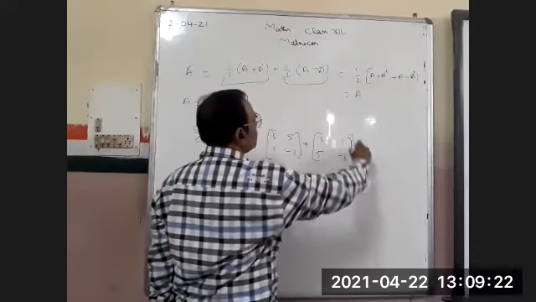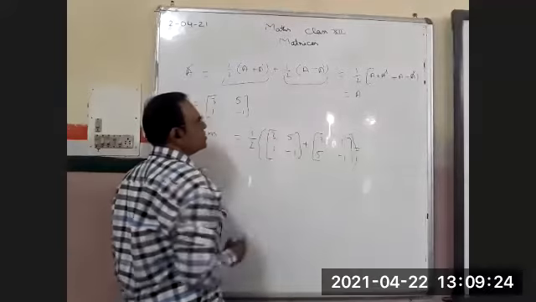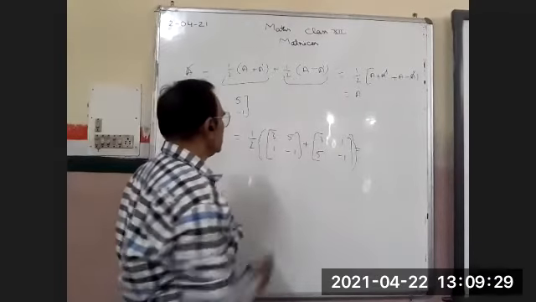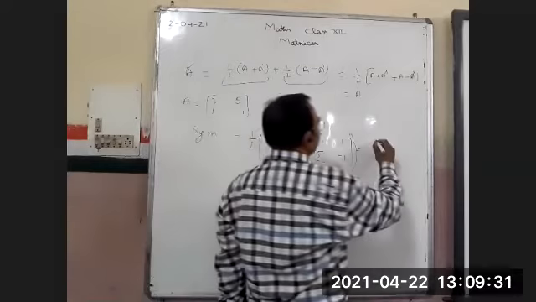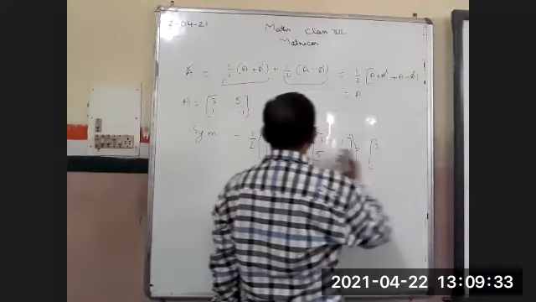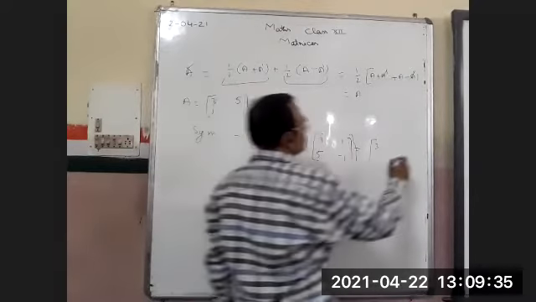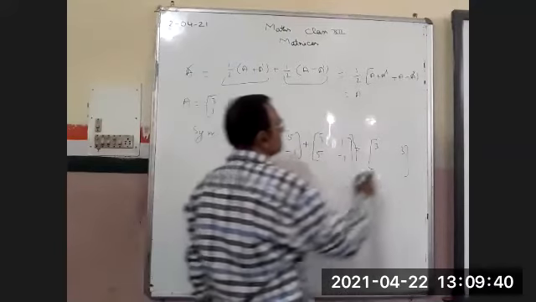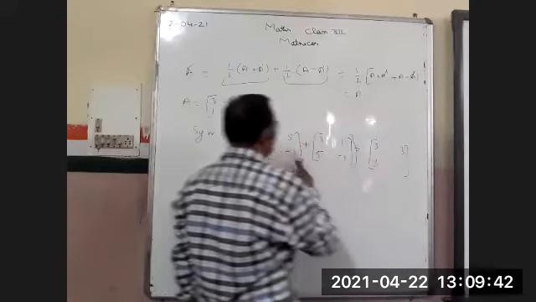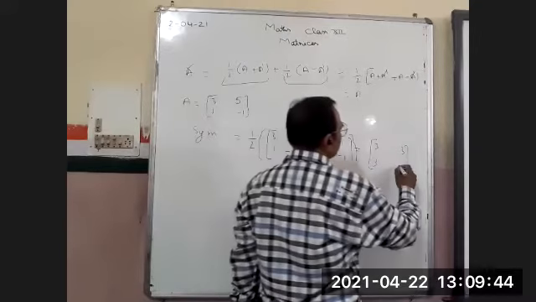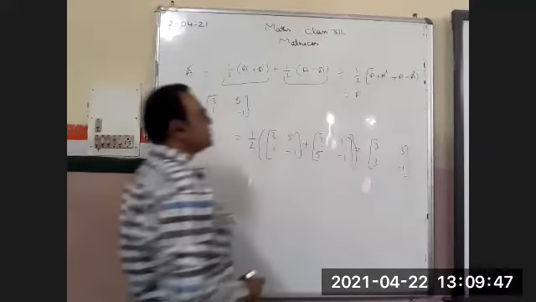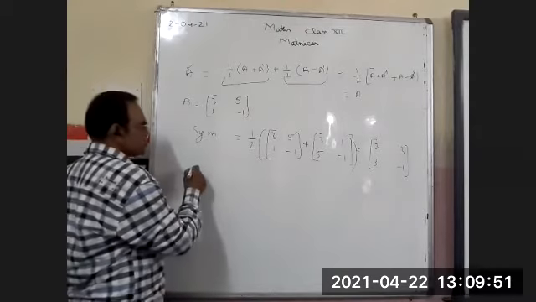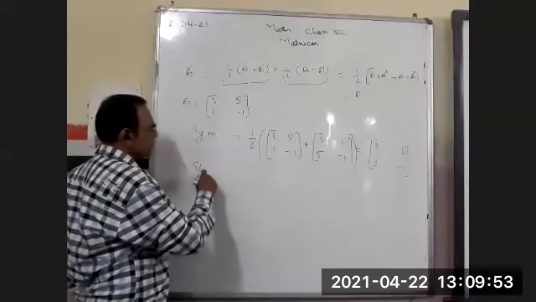Now you have to divide also. If you have to add the corresponding elements, 3 plus 3 is 6 and divided by 2, you will get 3. 5 plus 1 is 6, you have to divide, 3. 1 plus 5 is 6, 3, and minus 1 minus 1 is minus 2 divided by 2, minus 1. It is a symmetric matrix. ठीक है. If you want to convert into skew symmetric matrix, you have to subtract.